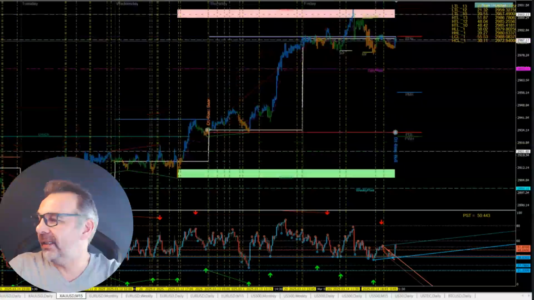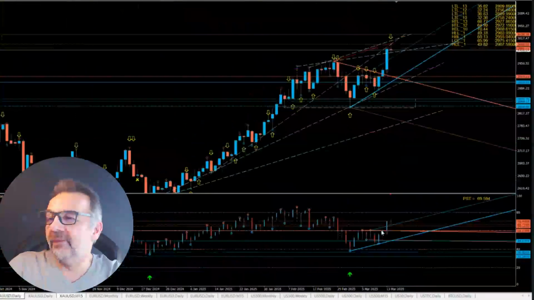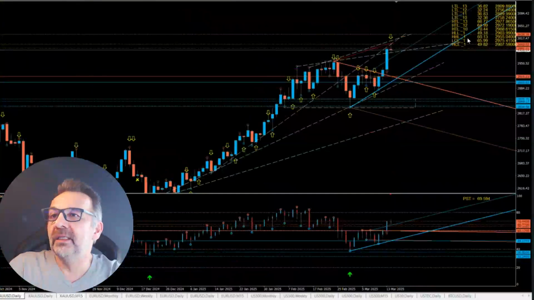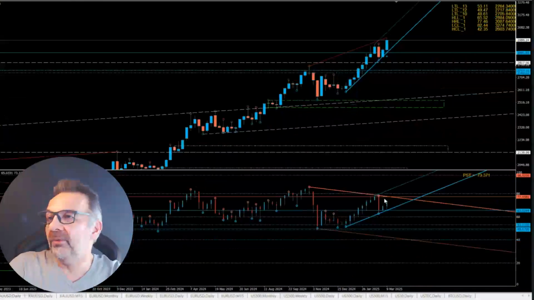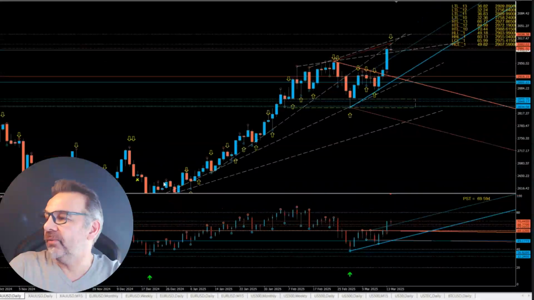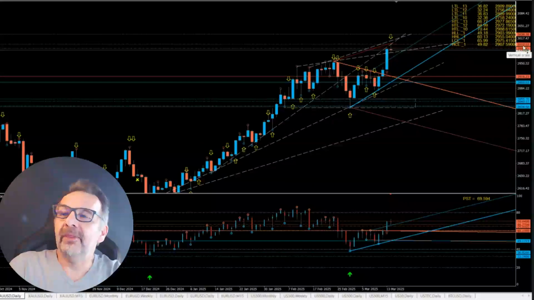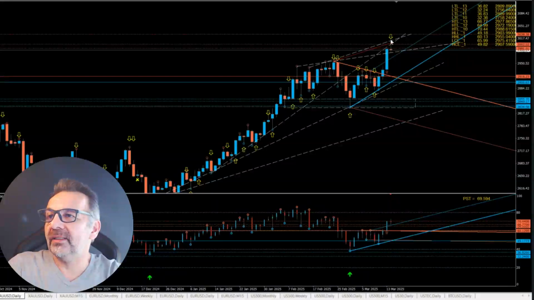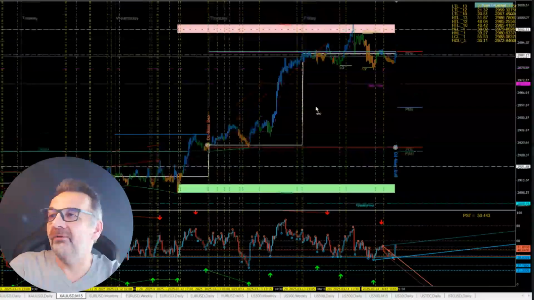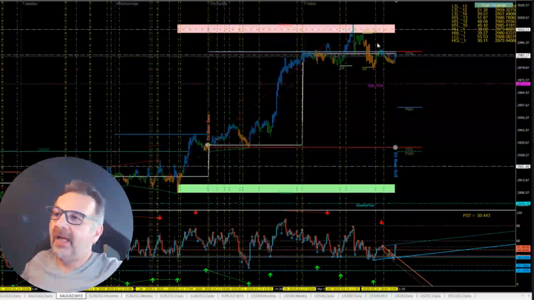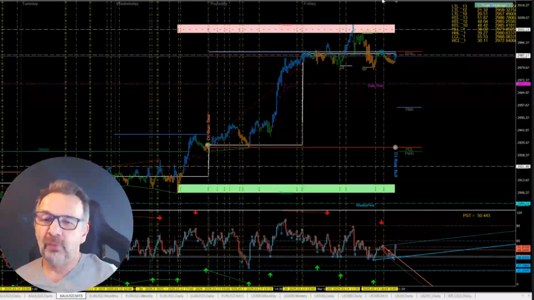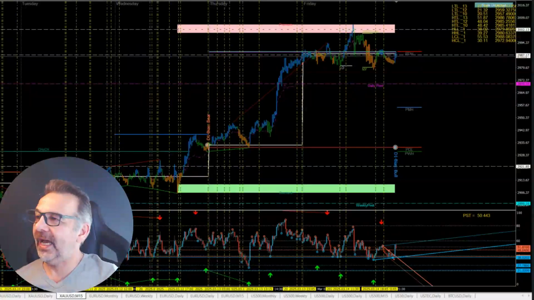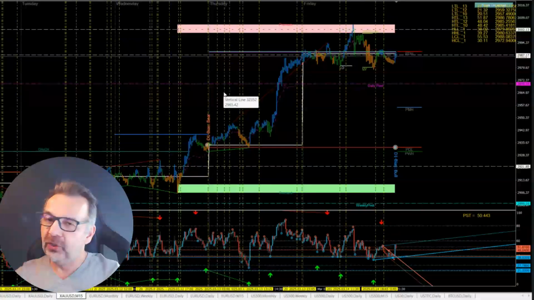Now 2987 was a target. Okay, as you can see, 2988. On the weekly, we still got room to go, but on the price as well, you can see it made that 3002 and just slightly above it pushed down. So there's nothing to do on Friday for gold. You just ride it up, and that's it from Monday to Friday. If you watch previous videos as well, you'll see how swing day to swing day you can just ride it.